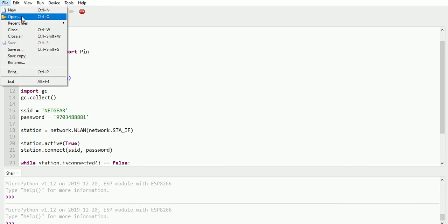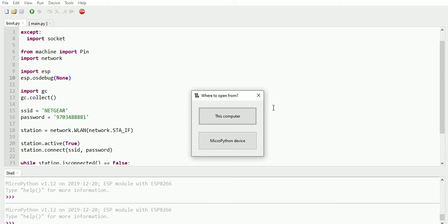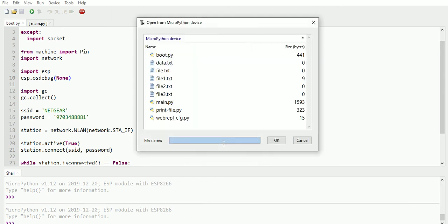For example, if you say file and open, you can see where to open from. From the editor, you need some files to edit, right? It could be from your local computer or it could be from a MicroPython device. Right now we have connected the MicroPython, and you can see the ESP module with the ESP8266 has been detected in the shell prompt.